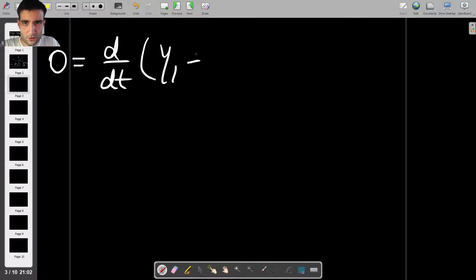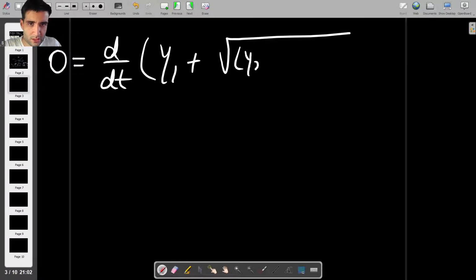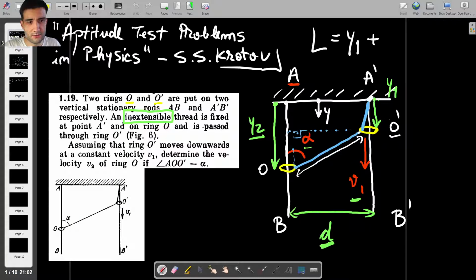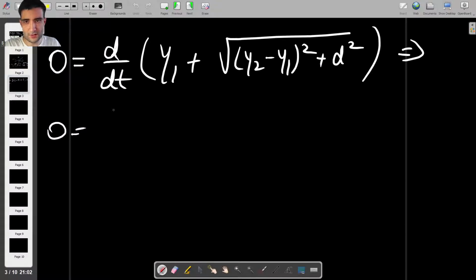So we're going to get 0 equals d by dt of y1 plus the square root of (y2 minus y1) squared plus d squared. Okay, so what do we get if we differentiate each term? If we differentiate y1, remember that's the displacement of ring O prime. So if you differentiate the displacement, you're going to get the velocity of ring O prime, right? So dy1 by dt is going to give us v1 plus, and then we have to differentiate the square root,